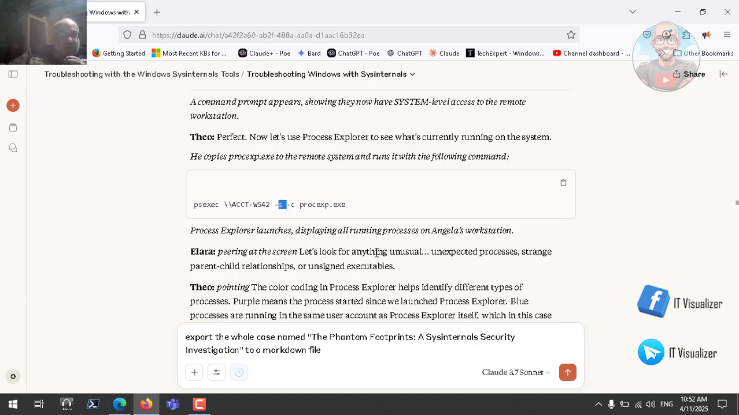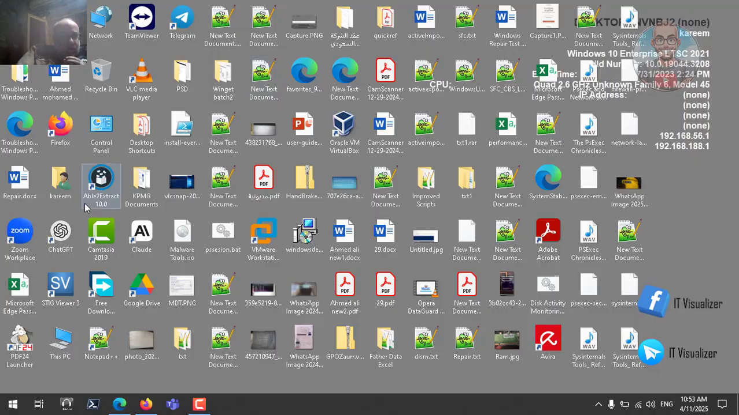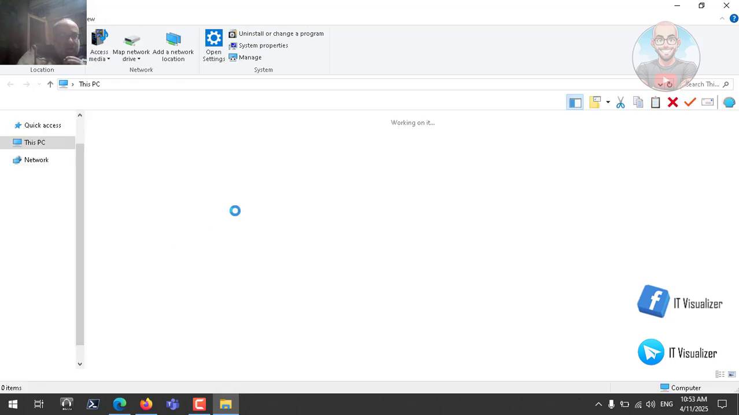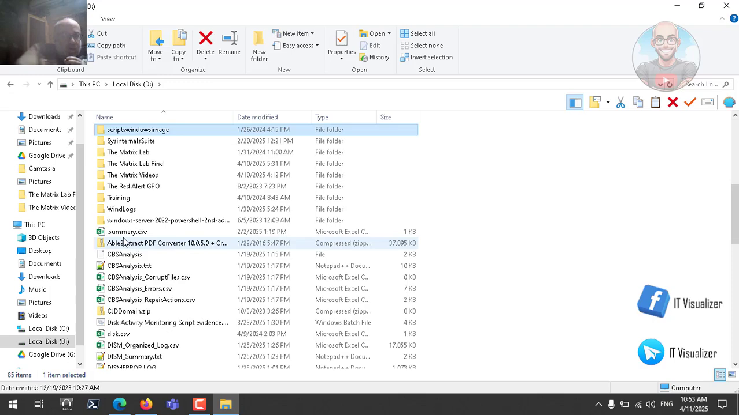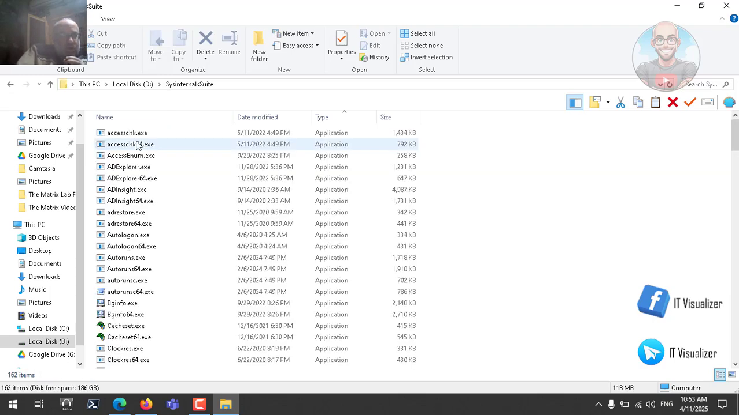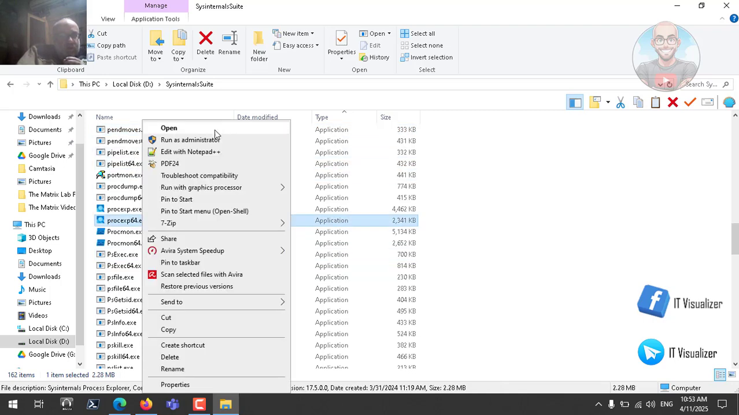So that means I can run Process Explorer remotely and I can see it from my machine. I don't know if this can be the case or not. Let me try to see if this is possible. If we go there and open, is there a way that we can run Process Explorer remotely? So this is Sysinternals. We have Process Explorer. Is there a way that we can run it remotely? Maybe we can choose